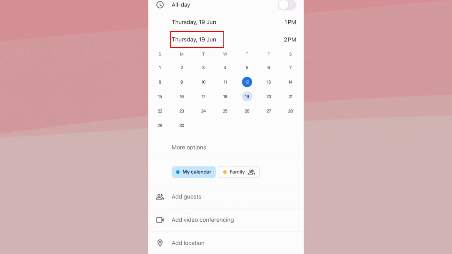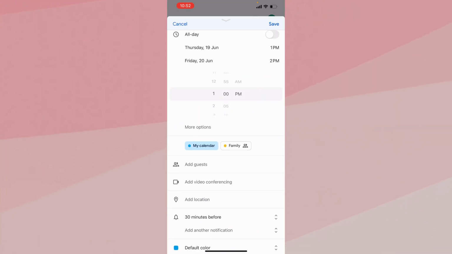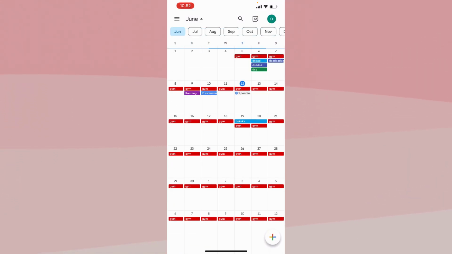It's going to end there. So I'm just going to click on it and this event will end on Friday 20 at just around 1 p.m. like this. I will click and save. Now I just created an event just like this, which is going to be from 19 to 20, both the